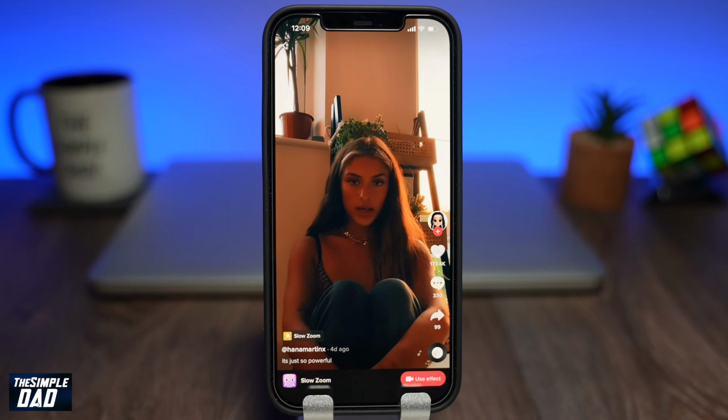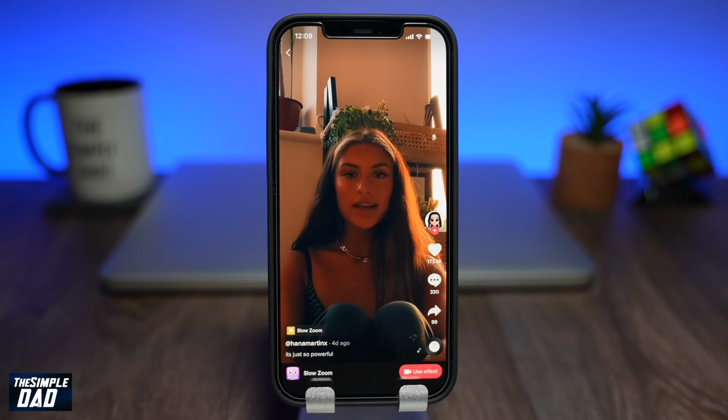Welcome back everyone. In this video, I want to show you the trending filter called Slow Zoom on TikTok like